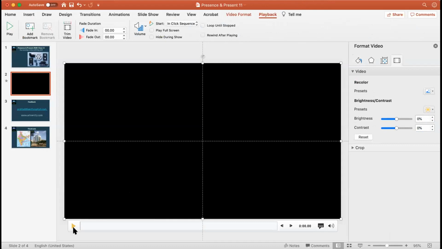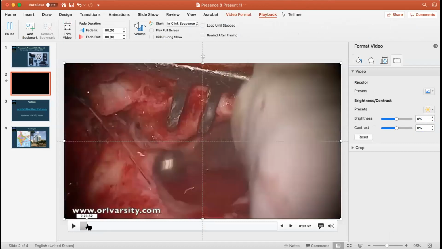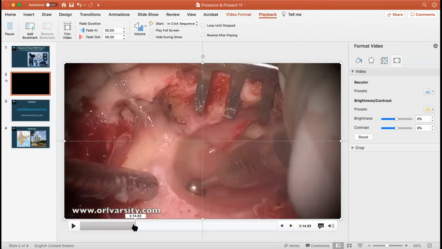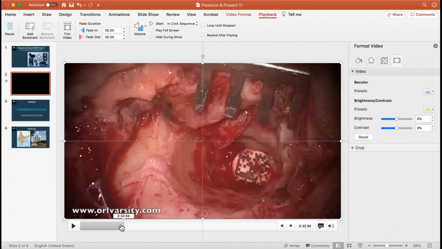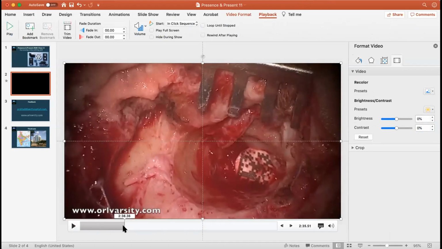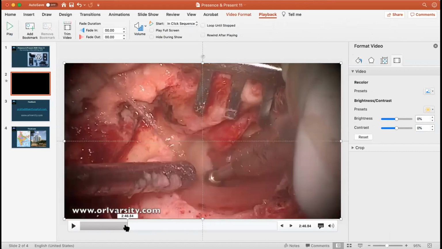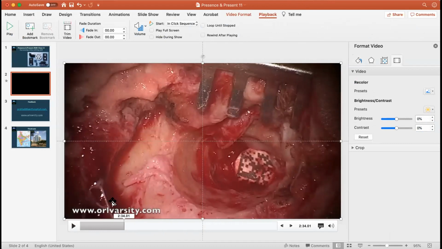So now I will go here. I will add the bookmark, and this is where I'm starting the atticotomy. I'm going to pause. This is where I'm going to start the atticotomy. So I've added a bookmark here.